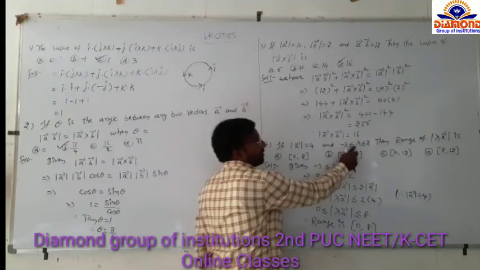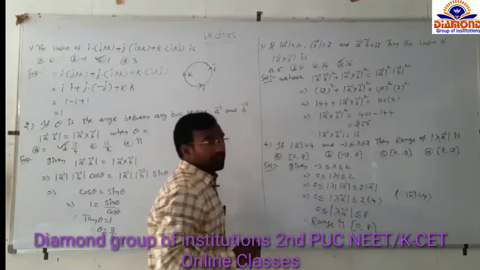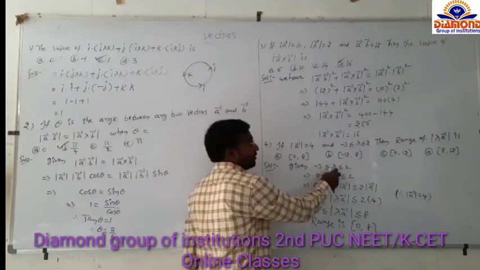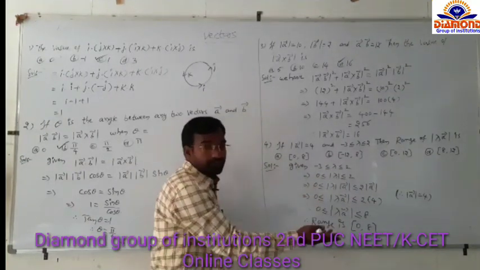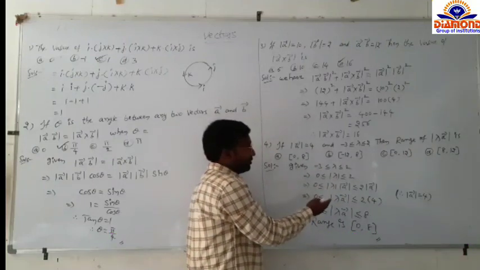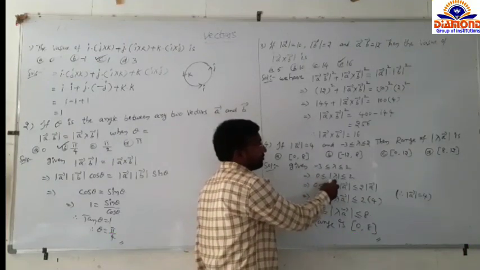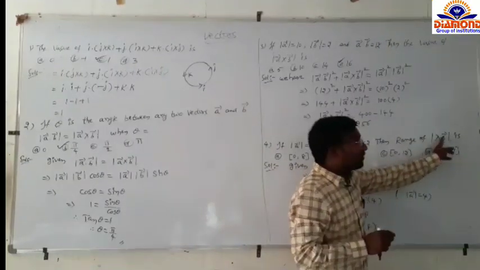Minus 3 is less than or equal to lambda is less than or equal to 2. If you take the modulus condition, modulus means you can take only positive values. So in between -3 to 2, positive values start from 0. So 0 is less than or equal to mod lambda is less than or equal to 2. You have to find out modulus of lambda a bar.